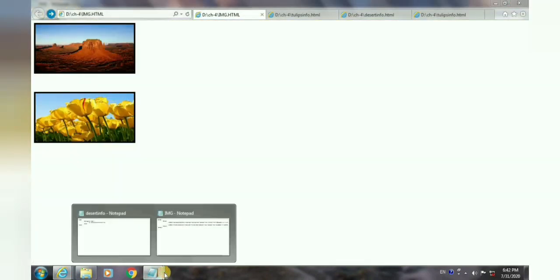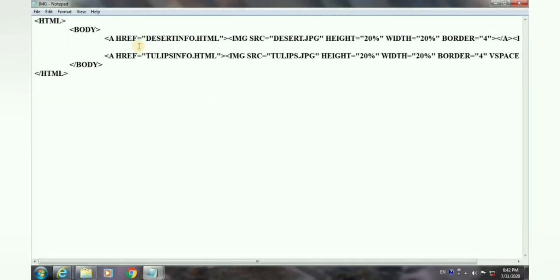It is very simple students. You can see here there is just one line of coding. You just have to remember the tag's name and its attribute properly. To insert an image, we have the simple img tag, and the compulsory attribute is the src attribute. Then these are the optional attributes. If you want to use them, you can use them, otherwise you can skip them.